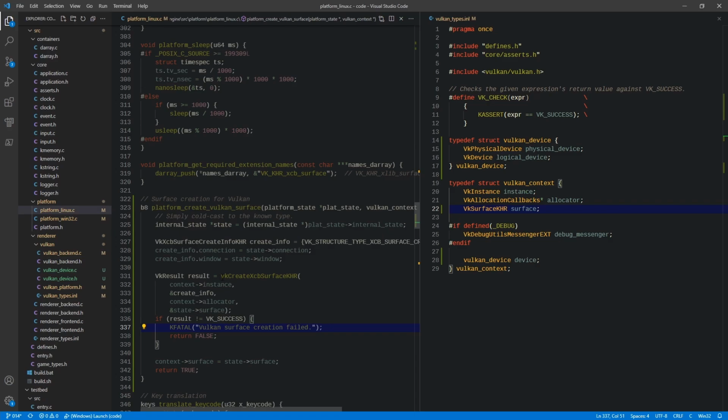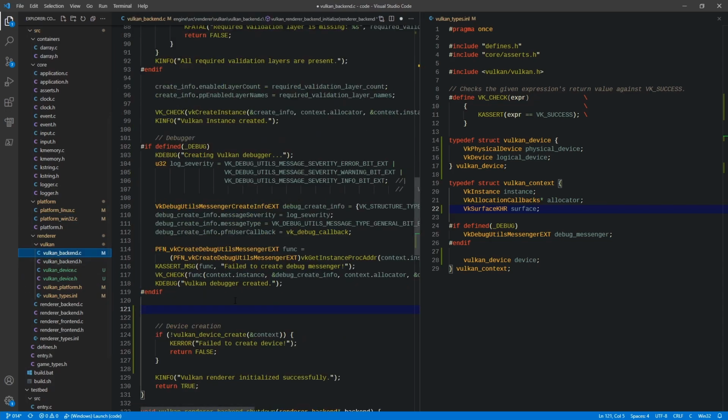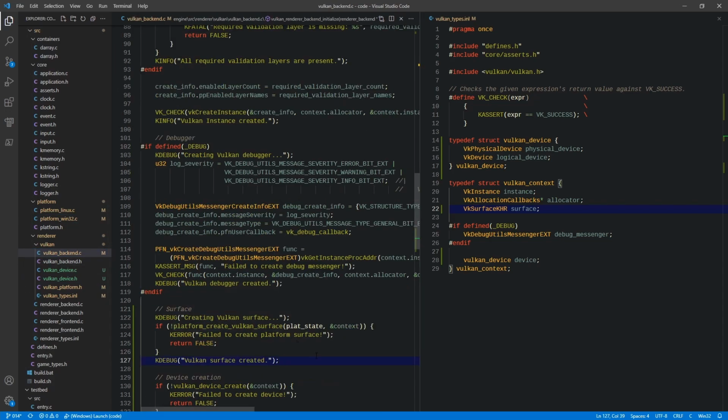The only difference here is we're calling vkCreateXcbSurfaceKHR, which is the XCB version of this. And if we look at the Windows 32 version, we are calling vkCreateWin32SurfaceKHR. So these are where those extensions come into play to be able to create those surfaces. Okay. And then back in Vulkan backend, we simply hook this up, right? So all we have to do is say we're creating the Vulkan surface, call our platform create Vulkan surface, and